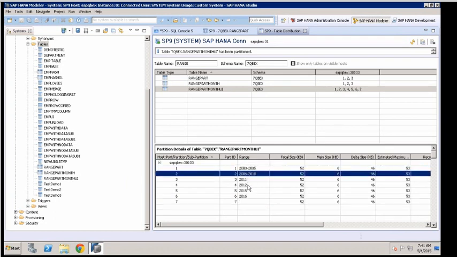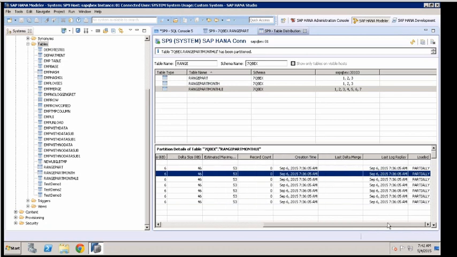Range and 11, 12, 15, 16, rest. Based on the data you insert, the data will be split across the range. Like this we can also do range partitioning using the UI.